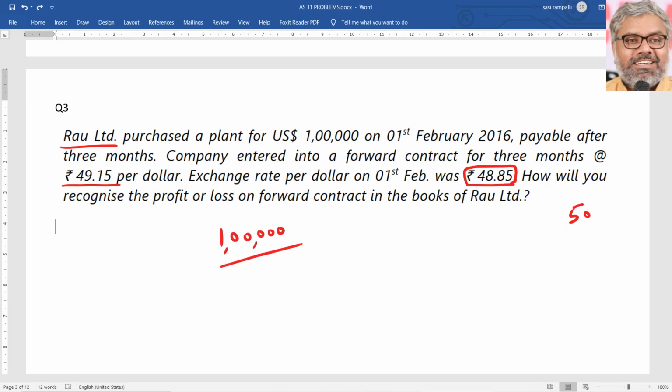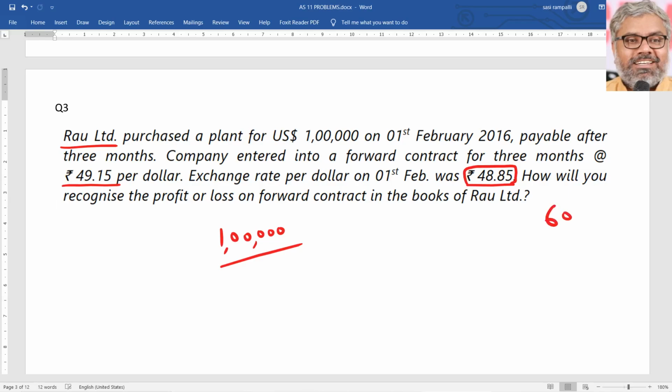So what is the point of hedging? It is this. Okay, let us stop the loss. We don't know how much loss we might incur or we might not incur, that is a different story. But at least let us fix our loss. Let us not wait for the market to decide and incur infinite losses.